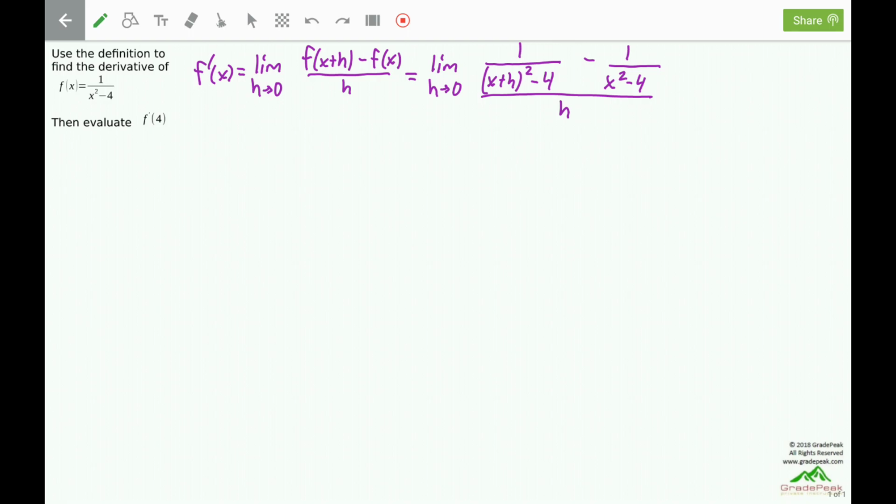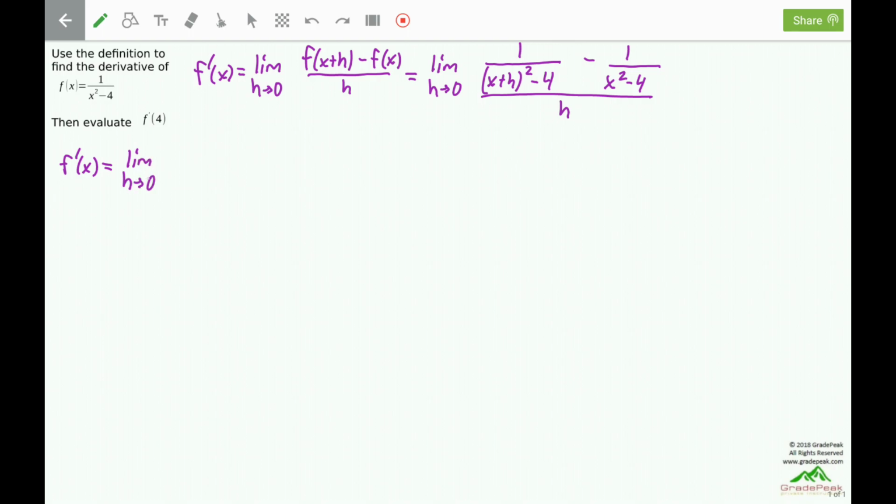In order to get an h in the numerator to factor, we need to combine the terms in the numerator together, and they are fractions, which means we are going to make use of the common denominator method for the 0 over 0 indeterminate form. So our next step is to